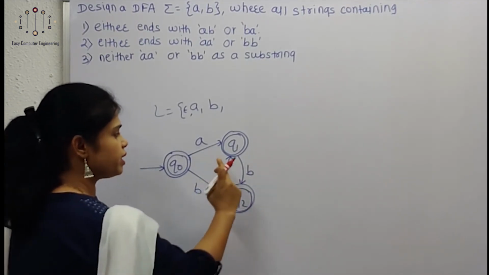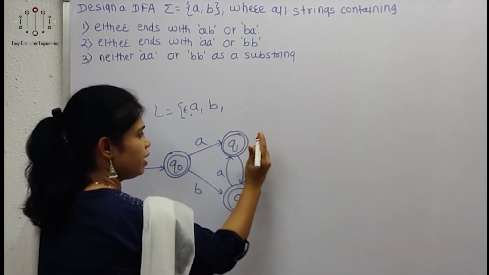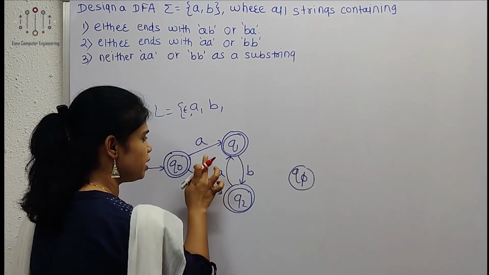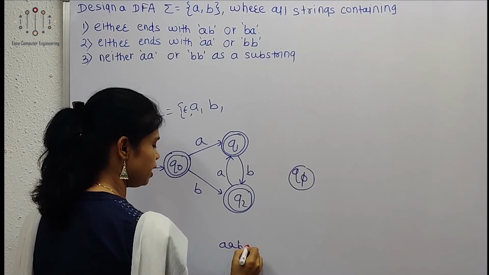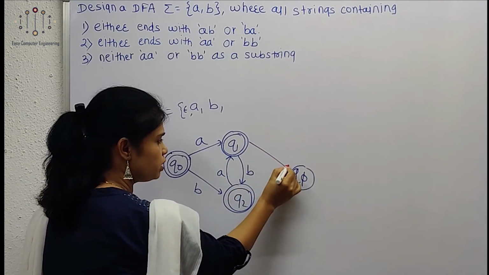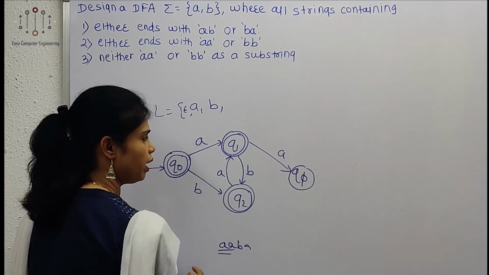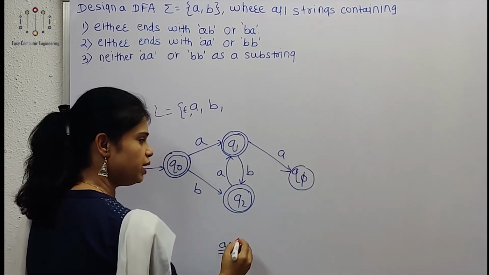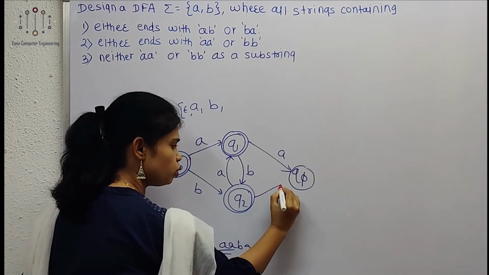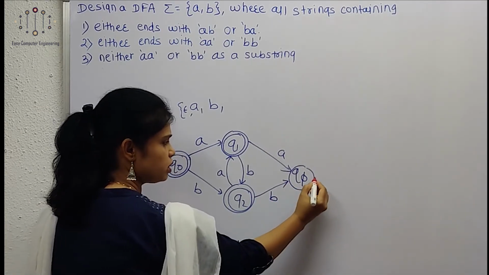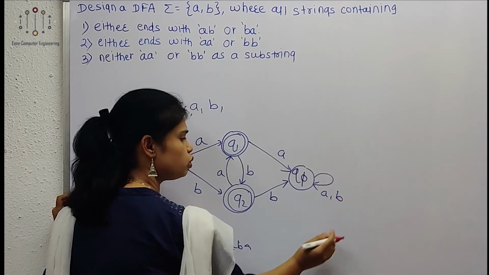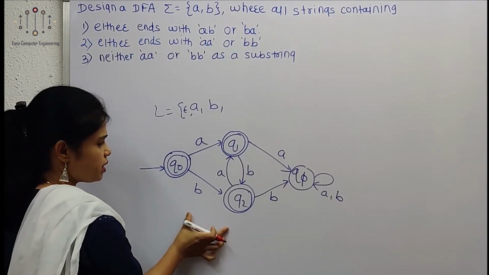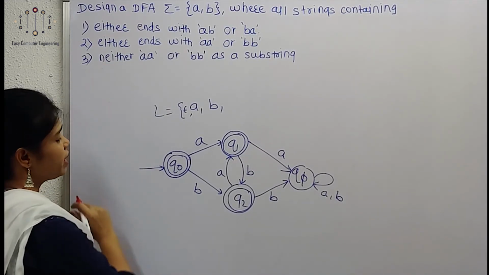Now what about the A transition from Q1, AA? We are going to take one dead state. For what purpose? If there is a string like AABA, we have to reject it because no consecutive AA is possible. So from Q1 we show the A transition to the dead state. In the same way, from Q2 we show the B transition to the dead state. This is our dead state, and here we also show the transition on A, B for it. This is our final DFA for this third example.